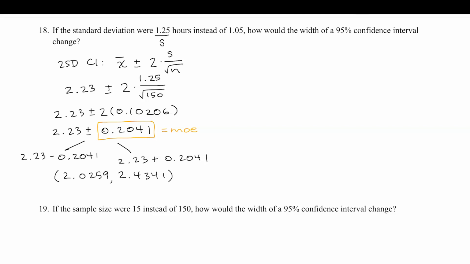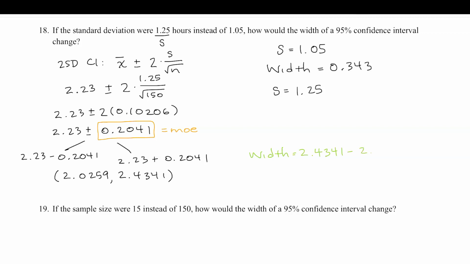Now, again, we're comparing the width. So let's go back to the original sample standard deviation of 1.05, and remember the width on that confidence interval was 0.343. Now, I've changed my standard deviation to 1.25, and what is my new width? Oy, I forgot to calculate it. Let's take the width by calculating